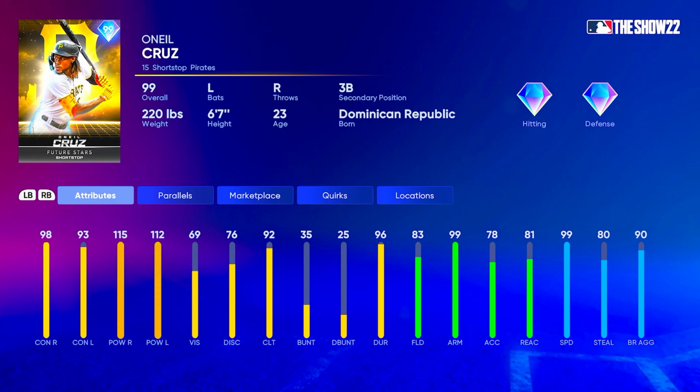Got 98 contact versus right, 93 versus left, 115 power versus right, and then 112 versus left. Better against righties, but not far off either the contact or the power from his contact and power versus right. 83 fielding, 99 arm, 81 reaction, 99 speed. Right off the rip, that 99 speed. That being said, at P5 he gets to